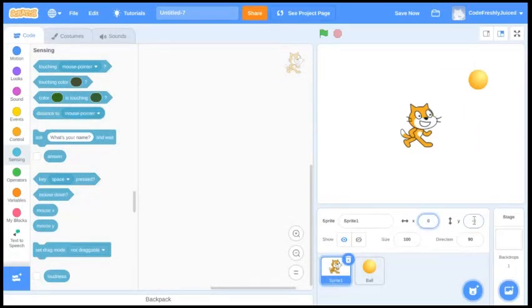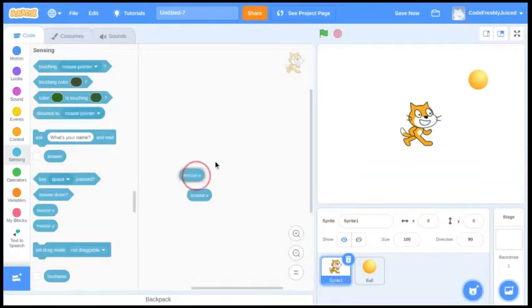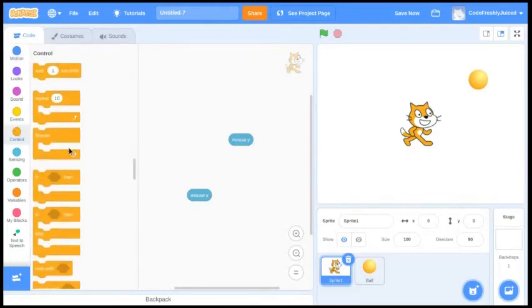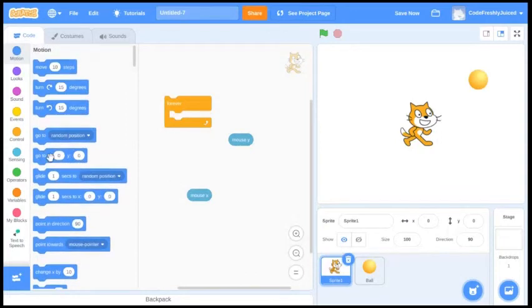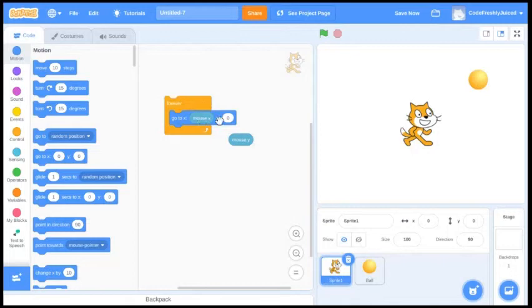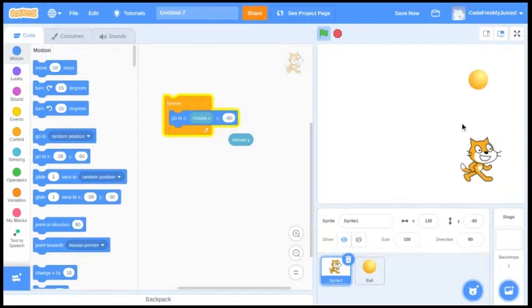Next, set them back to 0, 0. Next is mouse X and mouse Y. You could use these in a variety of ways, but I'm only going to explain one. Forever, go to 0, 0. If I were to change this to X and Y, negative 80, and click this, it'll always go to wherever my mouse is, but only at negative 80